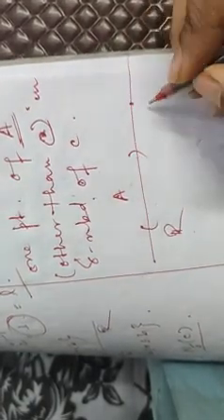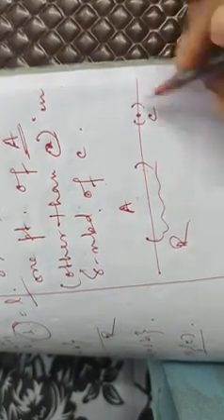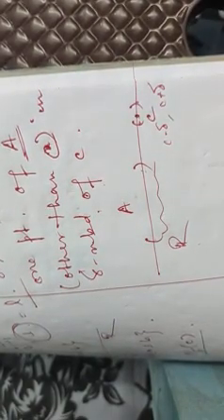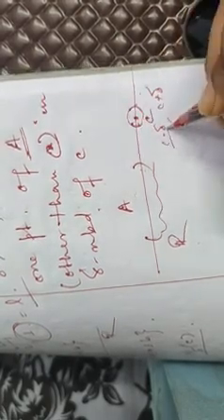That is, suppose this is our real numbers line and this is the set A, capital A. Now take a point C from here. This point is said to be a limit point of the set A if every neighborhood of C, that is C minus delta, C plus delta, whatever small delta you choose, contains at least one point of A other than C.